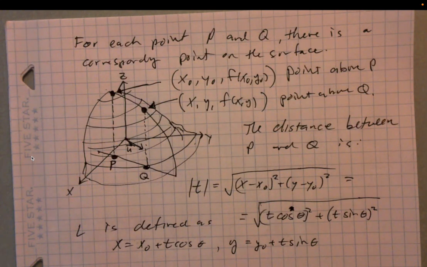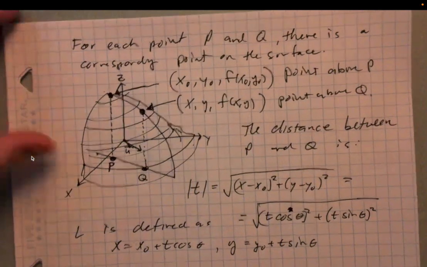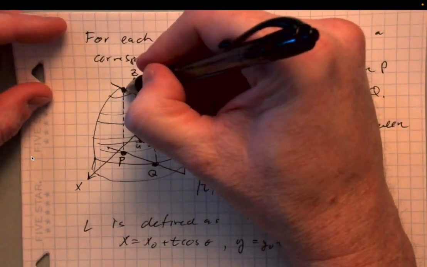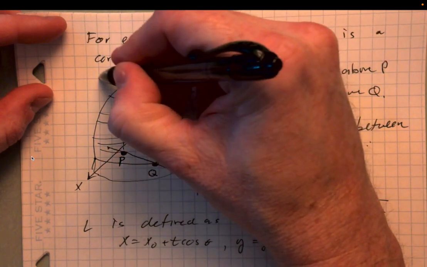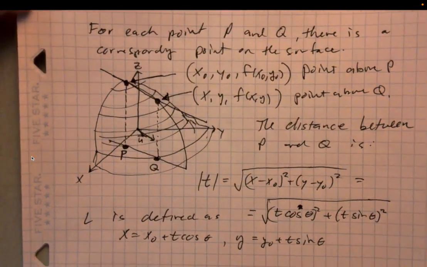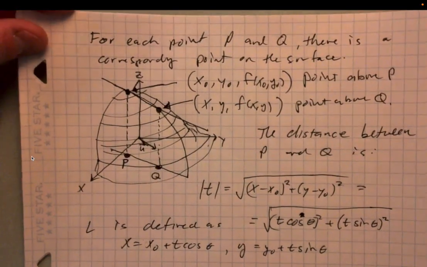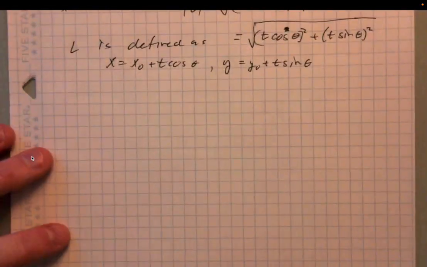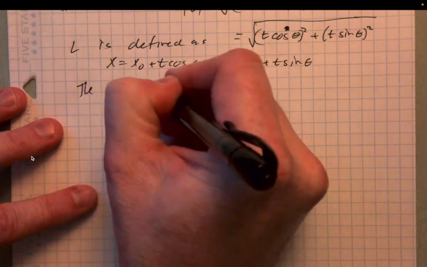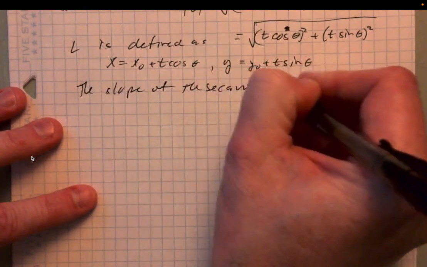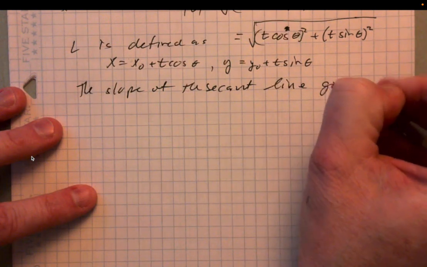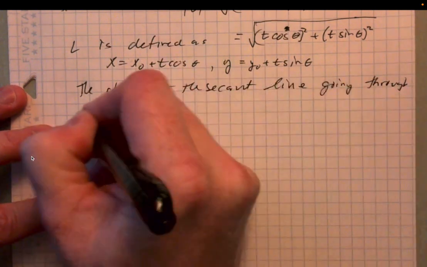Okay, and so we can write the slope of the secant line through these 2 points using this information. If you imagine a secant line cutting through those 2 points, that's what the derivative is kind of based on, the idea of the secant line, when the points get closer and closer together. So we're going to run the same operation here. We've got a secant line that intersects those 2 points. Can we identify the slope of that secant line? Sure. So the slope of the secant line going through P and Q